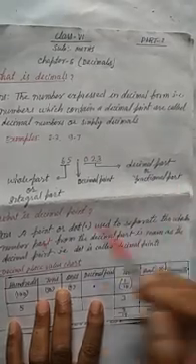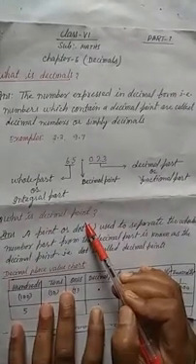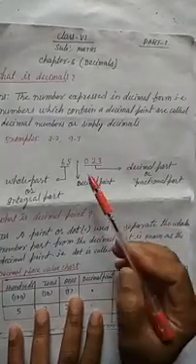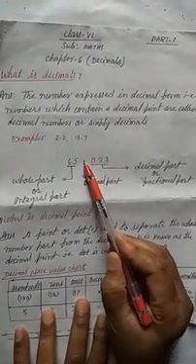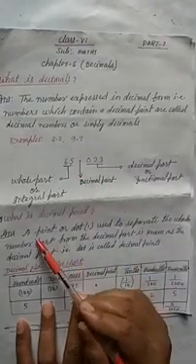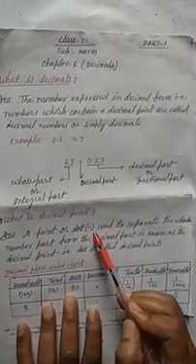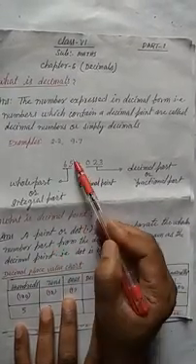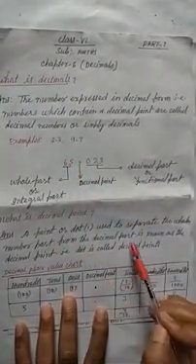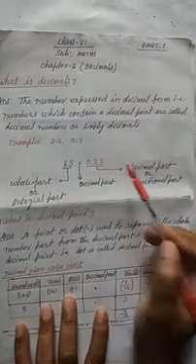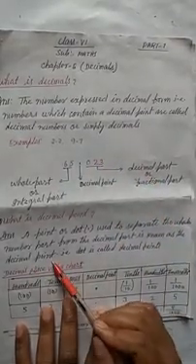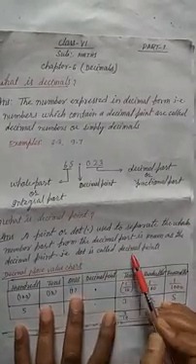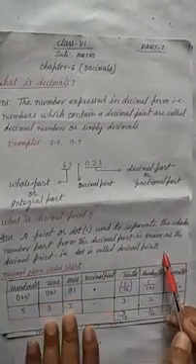Okay, now next topic is what is decimal point. I already told you, simply we can say dot is called a decimal point. But let's see here, a point or dot is used to separate the whole number part from the decimal part, and this is known as the decimal point. Simply, dot is called the decimal point. Is it clear?